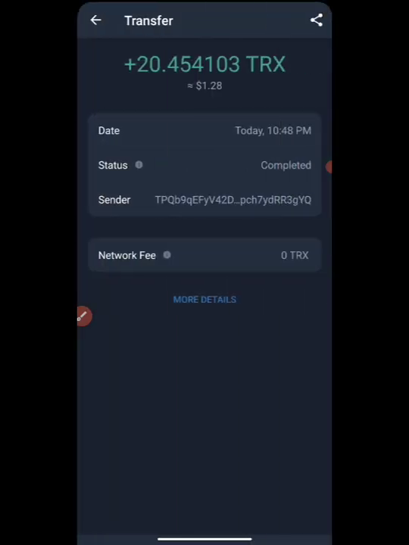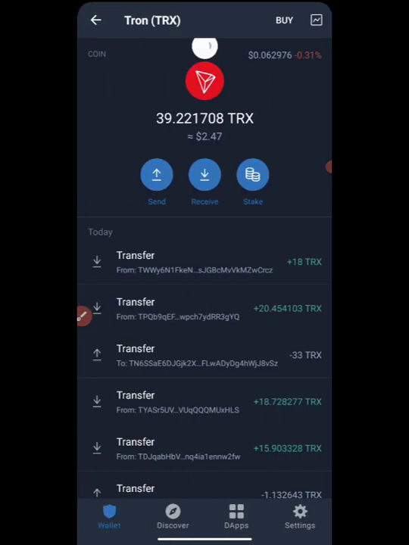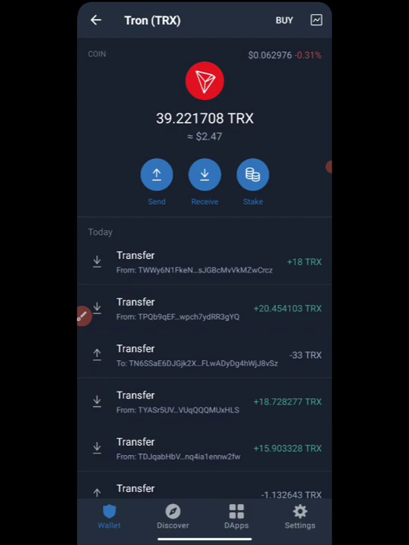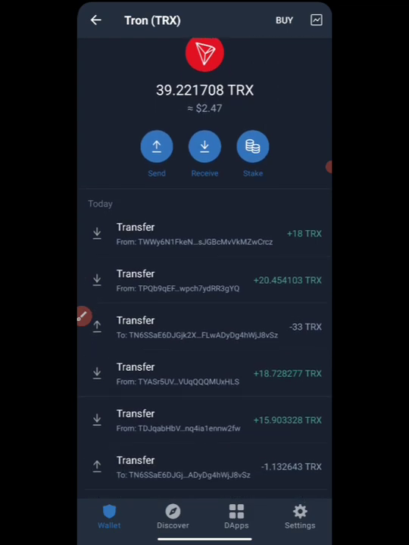We have 10:50, 10:48. So before we load back, we are going to check that right now. You can see I tried to withdraw it, but it's not coming through. Which means they published this on a Facebook group, and you're going to feel like, oh, it is $1, so let me just input.